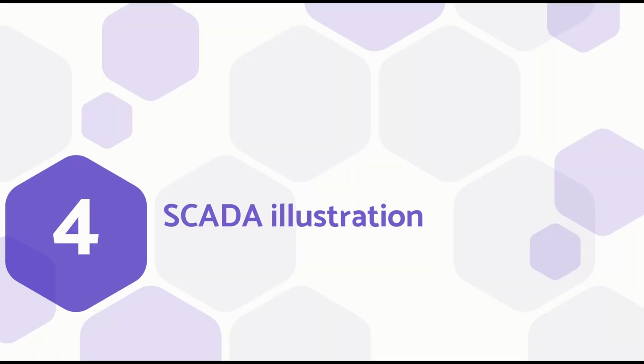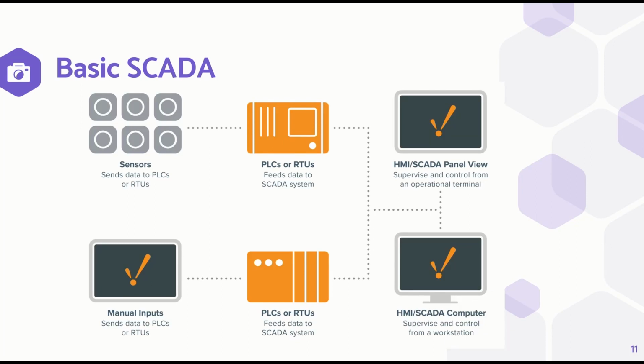Now, let us see the SCADA diagram. Here is a diagram in which there are sensors. The sensors will send the data to PLCs or RTUs. Then the PLCs or RTUs will feed the data to the SCADA system. Then the manual inputs will send data to PLC. Again the PLC or RTUs will feed the data to the SCADA system. So from both sensors and manual inputs, it will go to the SCADA. So if you understand the figure, there are sensors and manual inputs, then come the PLCs, then comes the SCADA